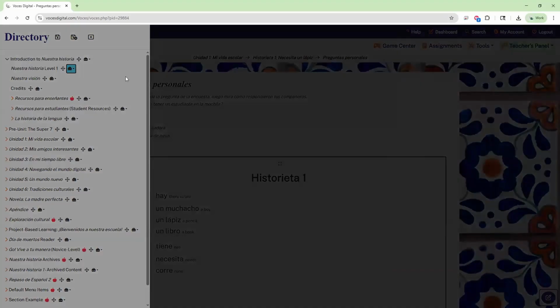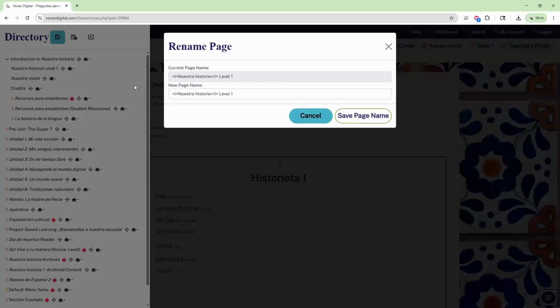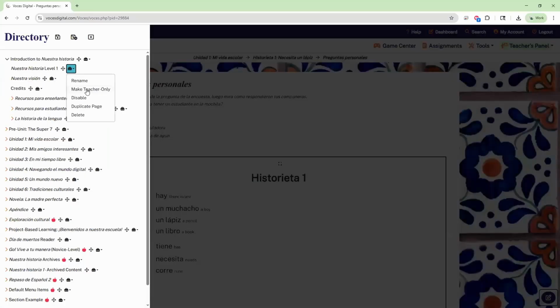Rename is just what you think. It's going to let me rename the page. If I click make teacher only, that's going to add that apple icon, which means students won't see that page in their directory or in their menu anymore. A lot of teachers will do this with maybe sections they know they won't use. Maybe they're hiding unit 5 and 6, or maybe they're hiding specific